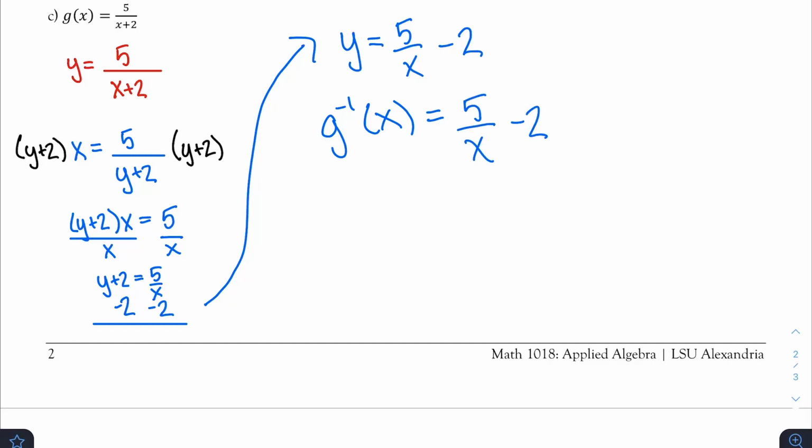Notice this time I said g inverse instead of f inverse. That's because my original function was a g, so I should maintain the same lettering. In any case, I have my final answer. And so that finishes up our video for